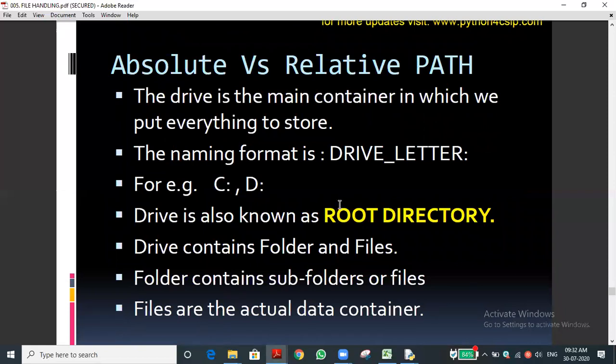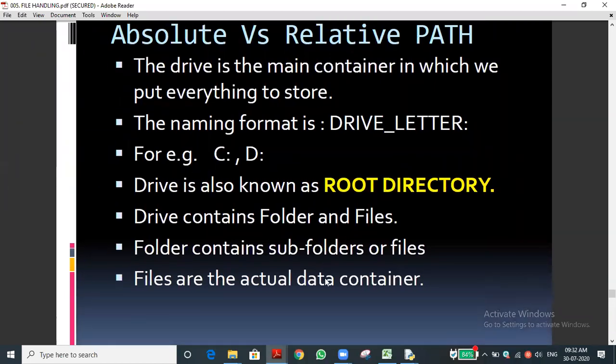That is where Python is installed. For example, in maximum computers by default it will be stored in the C colon only, if you are using Windows. So C colon is called the root directory. The drive is called the root directory. In a general computer we say it's a drive, but whenever we come to file handling, we should say root directory. The word directory we should use. Subfolder you know. Let me go to the next slide.